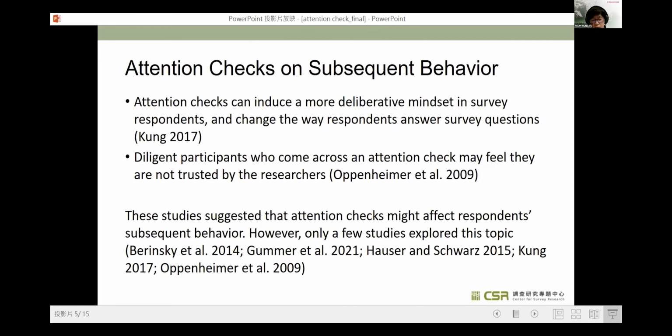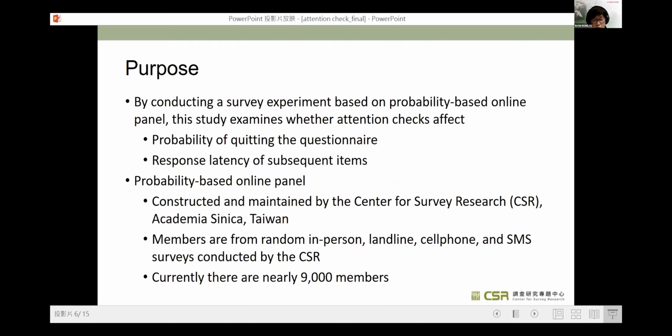However, only a few studies explore whether attention checks affect subsequent question behavior. Our study examined whether attention checks affect the probability of quitting the questionnaire and the response latency of subsequent questions, based on a survey experiment on a probability-based online panel.